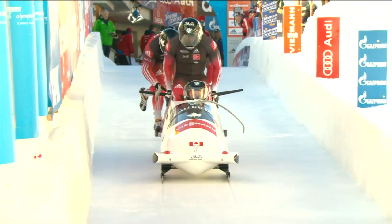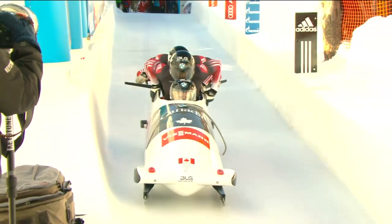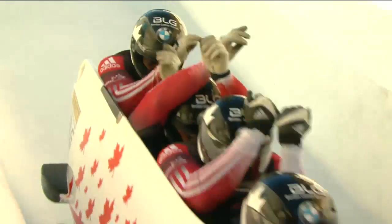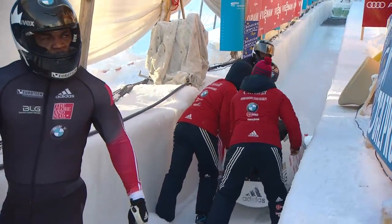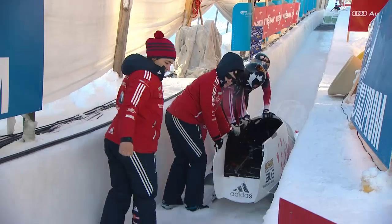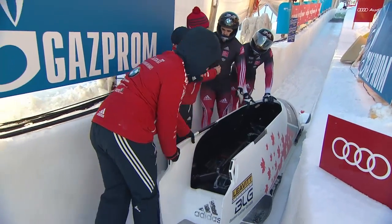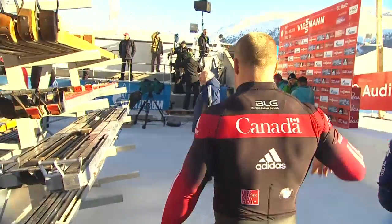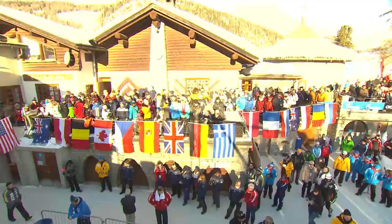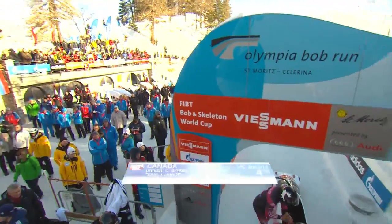Rush had a great day yesterday, probably the best day of the season for him. Just didn't come down. And it's not cold. Usually when it's cold, that stuff doesn't work. But a little technical mishap for the Canadians definitely cost them, I would say, at least a tenth of a second. Well, the Eurotech team have got their truck and their mechanics here, so that will be fixed and fully functioning for the second heat. Well, Lyndon Rush lost his lead Canadian spot this season, realistically, to Chris Spring, his teammate,